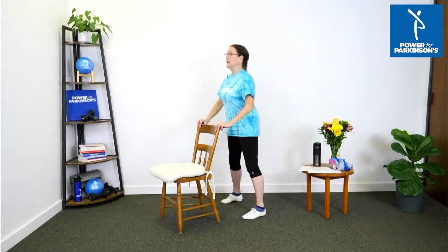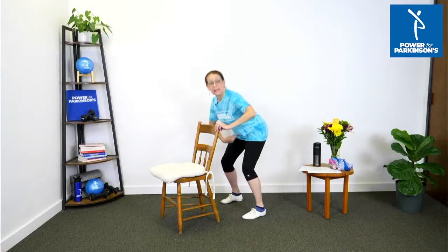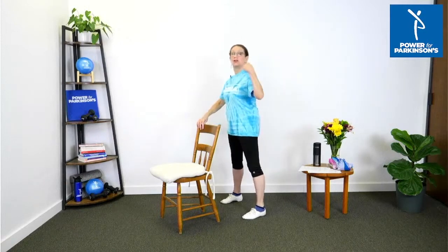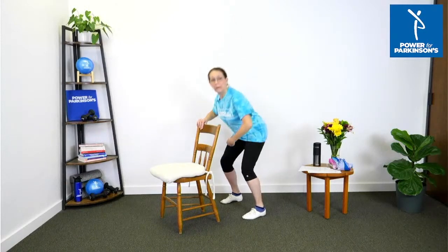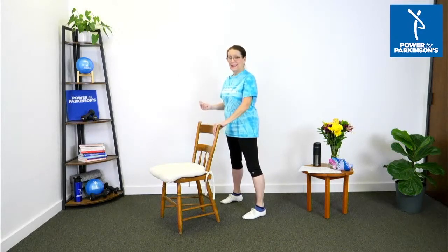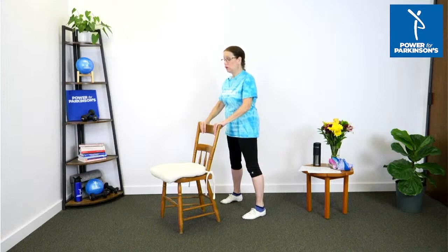Squat, lift, belly in, shoulders over the hips. Belly in, shoulders over the hips. Very important exercise for getting from seated position to standing. So if you were sitting, you might